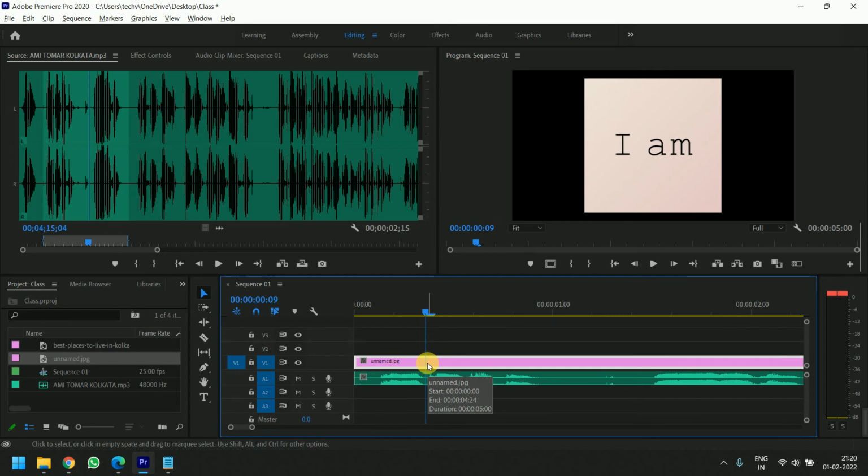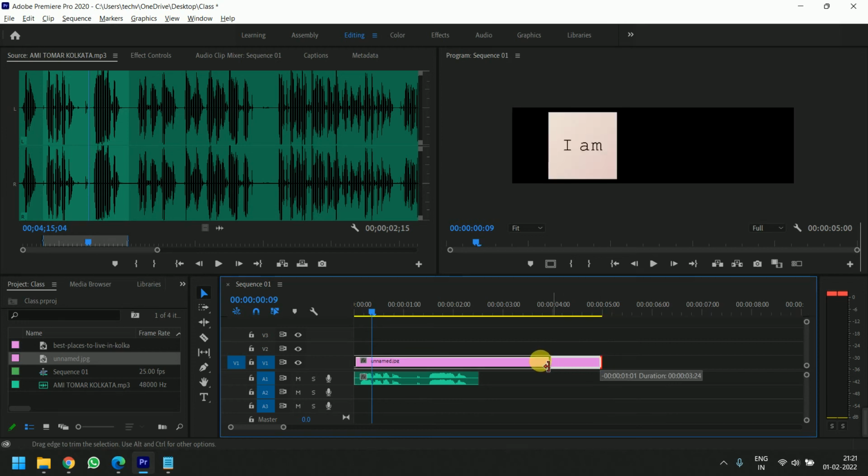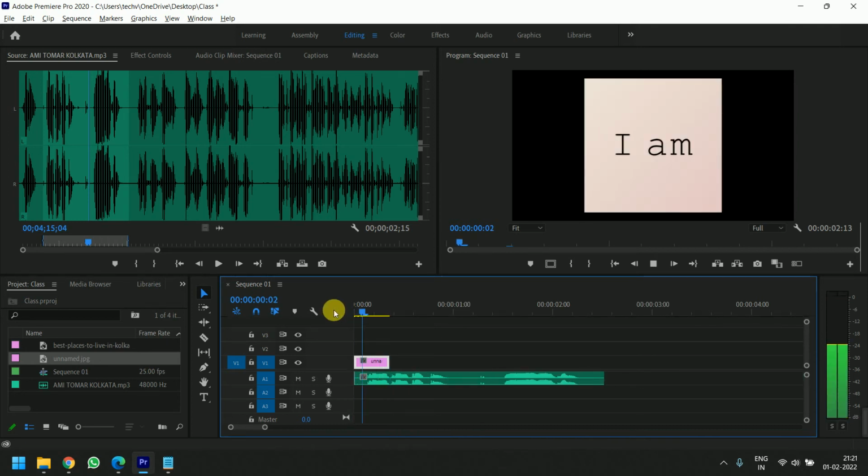So I'll have to cut it, stretch it out. You can see this is a very long picture, a long timeline. No problem, you just need to go to the last point, the red tool is automatically highlighted, and you click and reduce the property. So you can see it is automatically reduced.